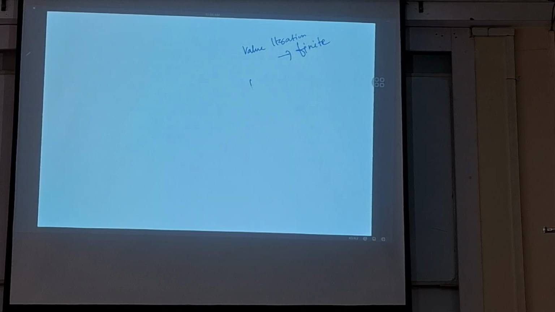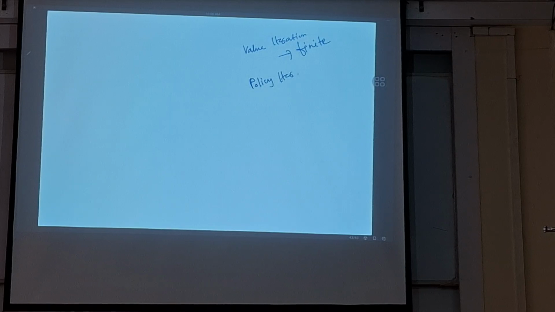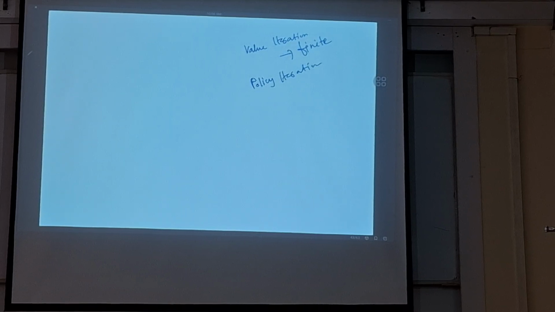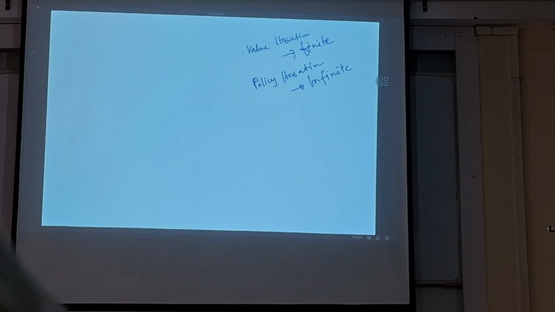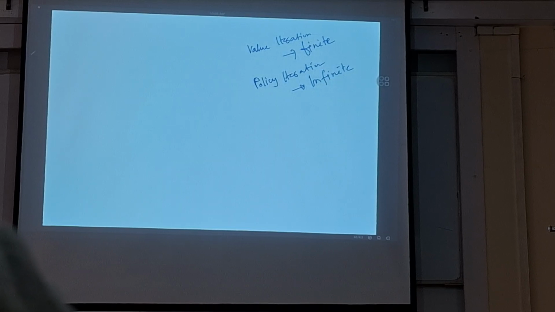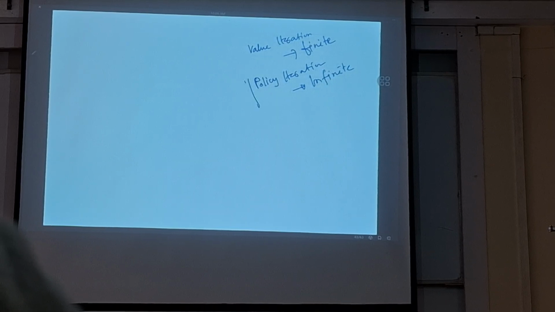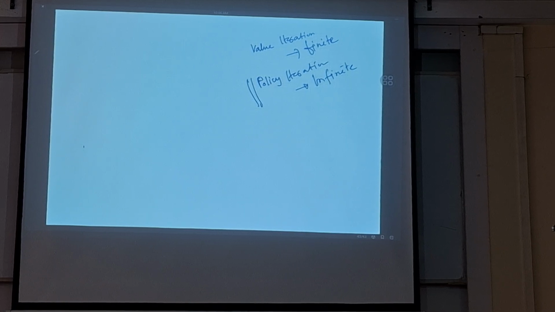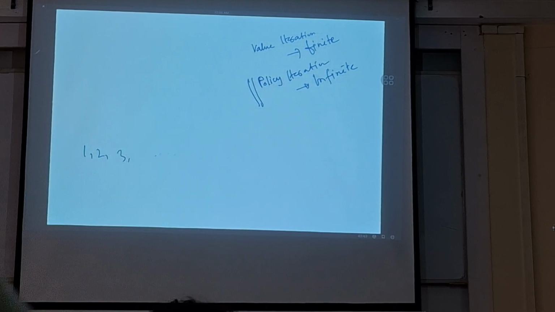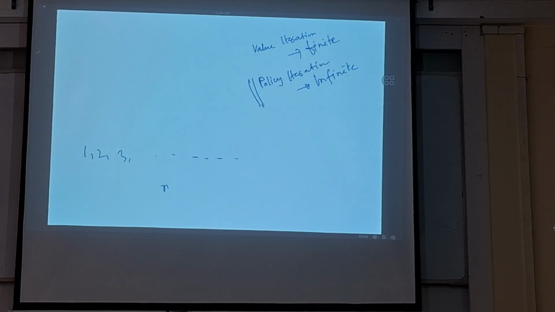And in case of policy iteration, we consider an infinite horizon. That means the chain itself runs forever. Since it is moving from 1, 2, 3, never stopping,